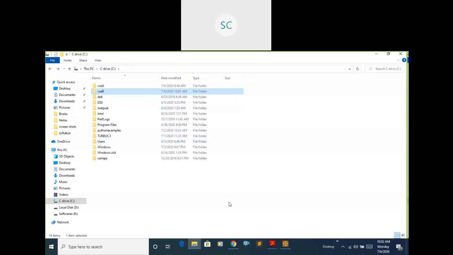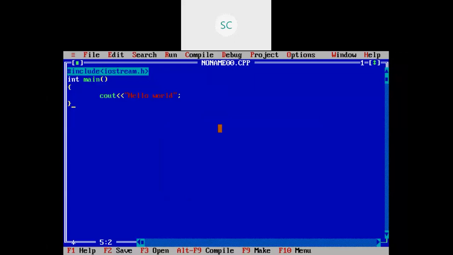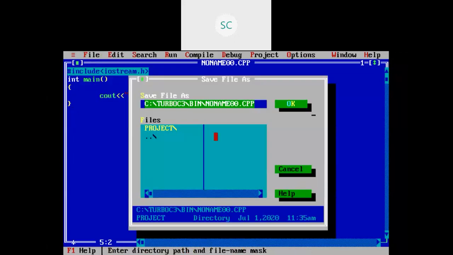Go to the editor, here go to File, click on Save. While giving your file name, you need to move to the drive. Within the C drive I have created one folder, that is CSCB, slash. You need to give the file name. How to save a C++ file?